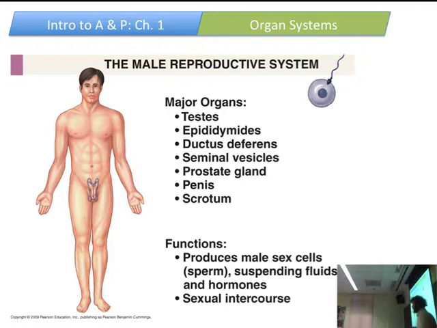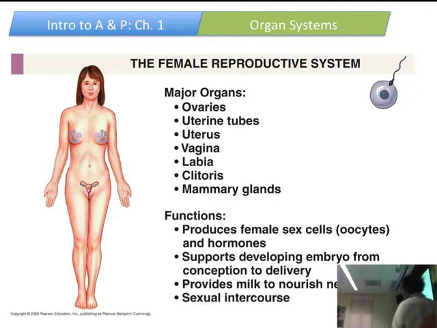It's a pretty remarkable service the male reproductive system performs, only challenged in its awe-inspiringness by the female reproductive system, which is made up